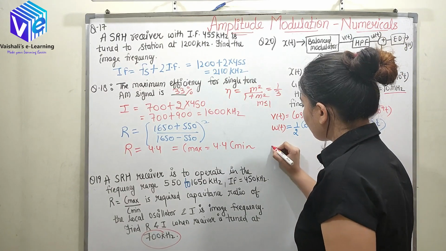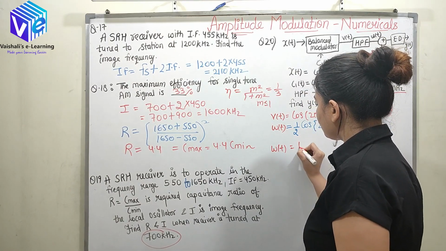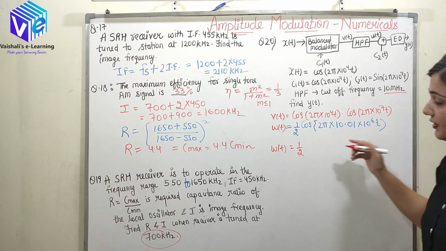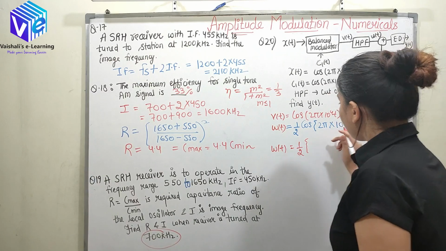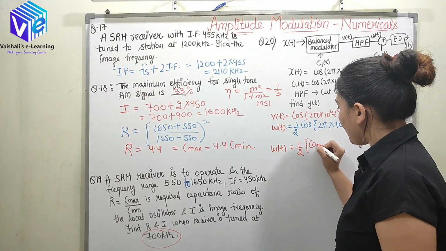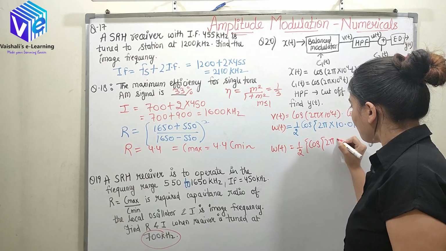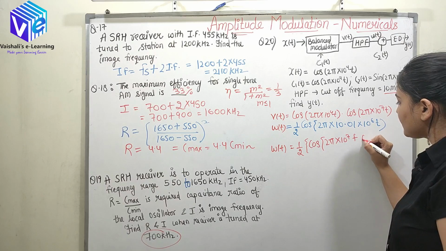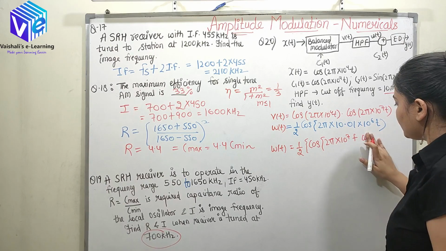So first of all, I'll simplify WT, so I can represent it in the form of 10 raised to power 7. Okay, so now if I represent this in the power 10 raised to power 7, I can represent it as cos 2 pi into 10 raised to power 7 plus cos,